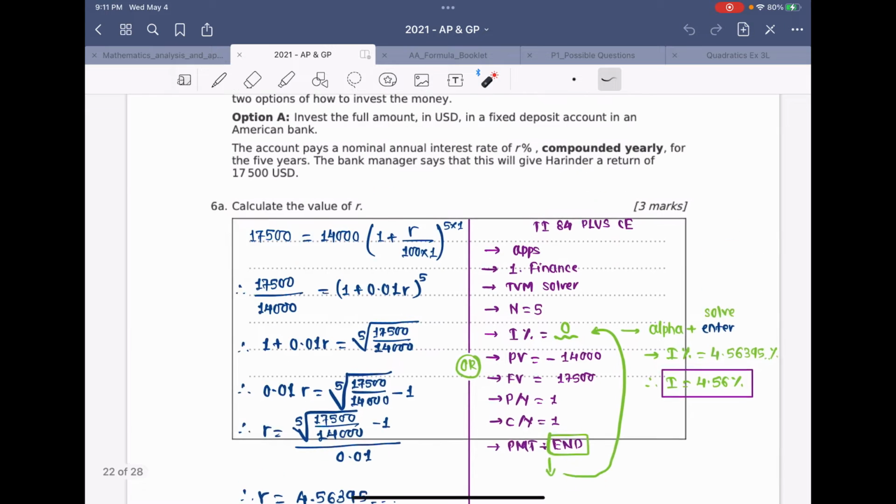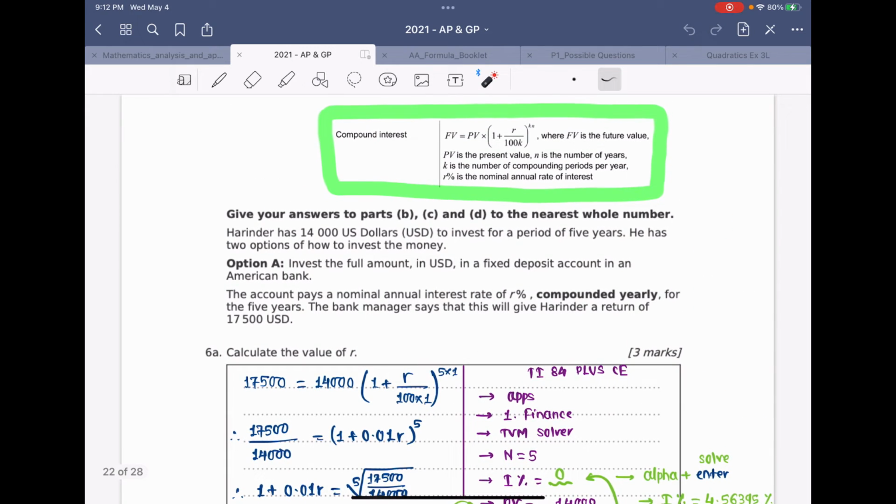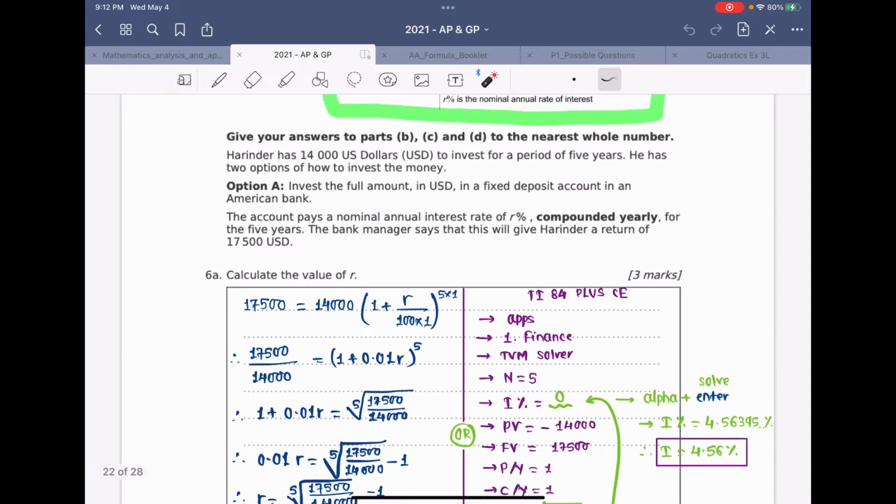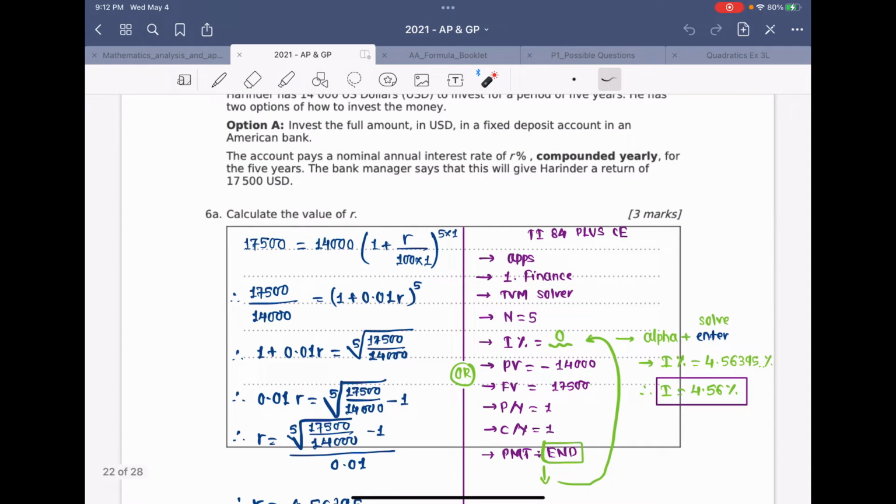So we already know there is a formula given in the formula booklet. FV is equal to PV times (1 plus r over 100k) raised to kn. Future value is 17,500. Present value is 14,000. 1 plus r over 100 times 1 because it's given as yearly, and 5 times 1 because it is given for 5 years. Divided by 14,000 both sides,